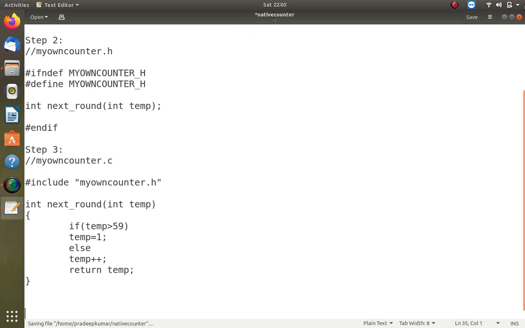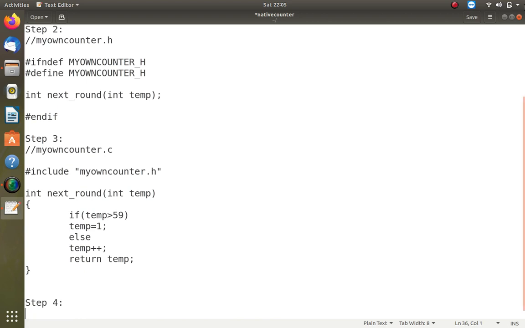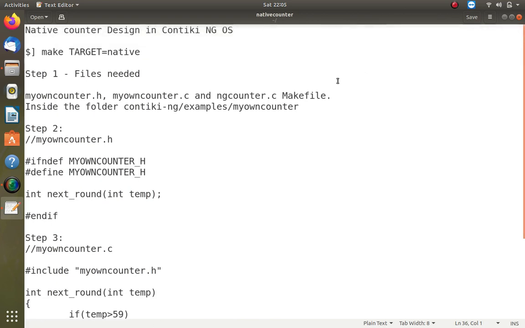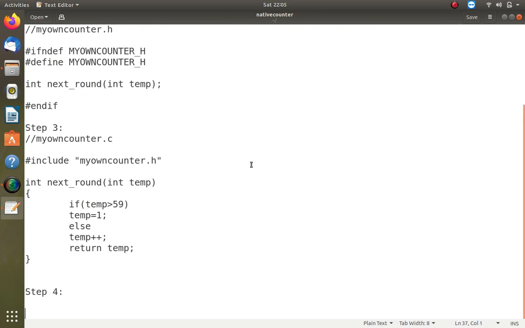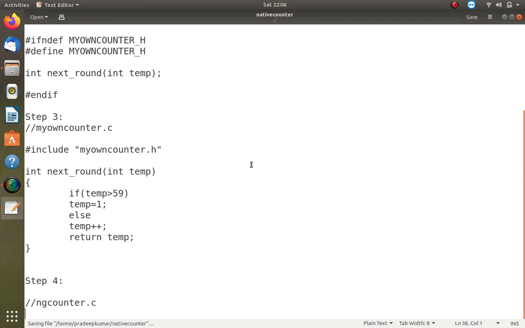So step number 4: I will be creating another file, as I mentioned, named ngcounter.c. After that I will copy and paste everything file by file. So in ngcounter.c I will be creating the header includes relevant to Contiki.